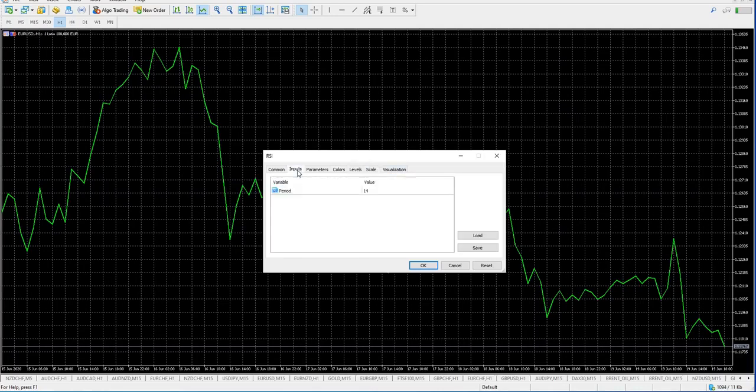So we go back to inputs. You want to change that to 5, a 5-period moving average. That's basically what it is. You've got to have it as a 5 in order for this to work. In order for you to actually pick the tops and bottoms, the RSI, relative strength index, the value needs to be 5. I must make that 100% clear. All right, so you press that,